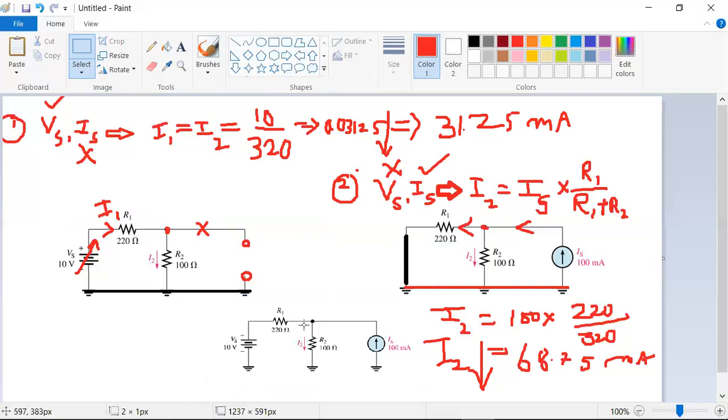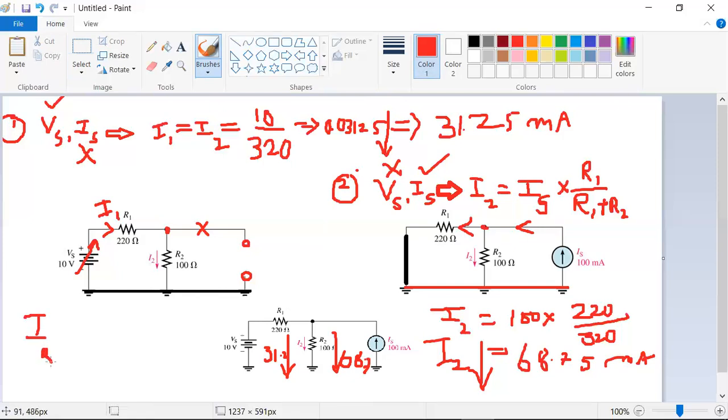I2 representing this Vs is downwards, and for this source also downwards. This current value is 31.25, and what about this current? 68.75. Hence, the total current passing through the R2 resistor is